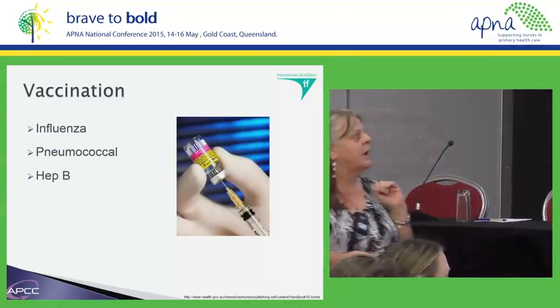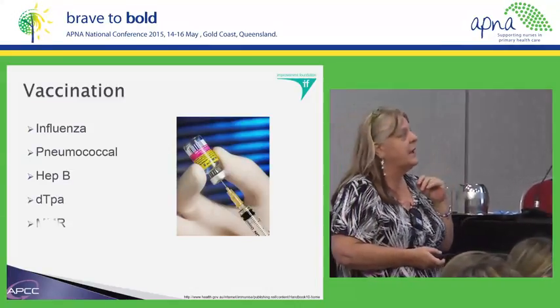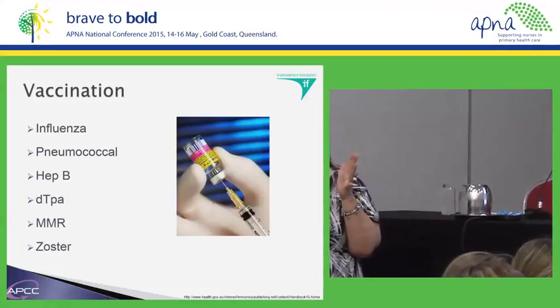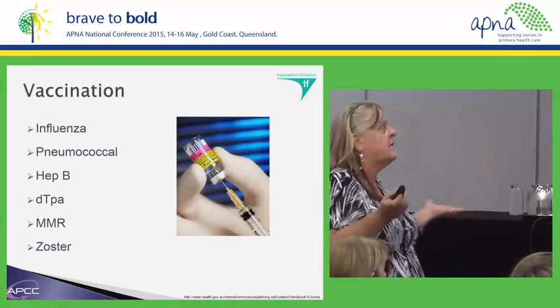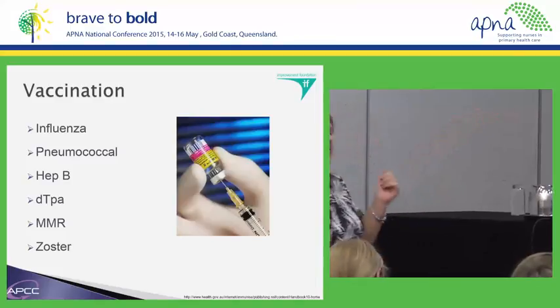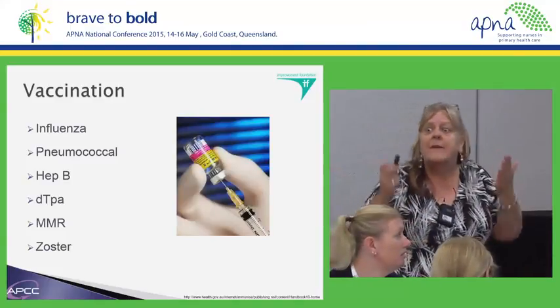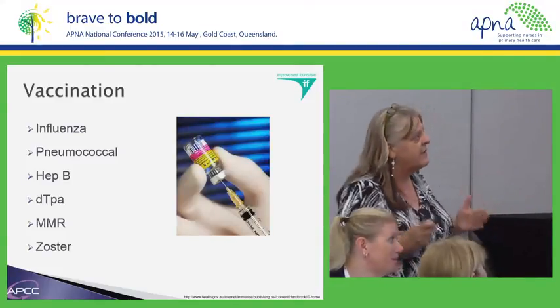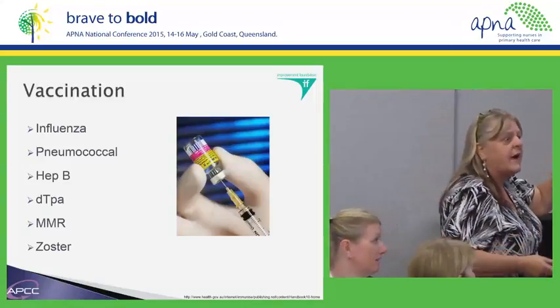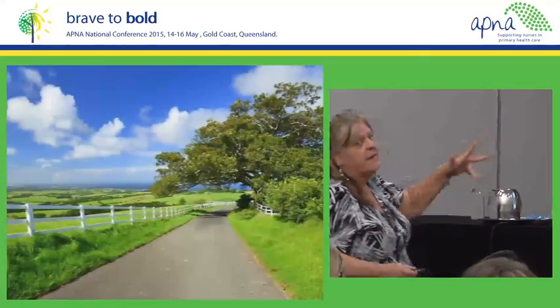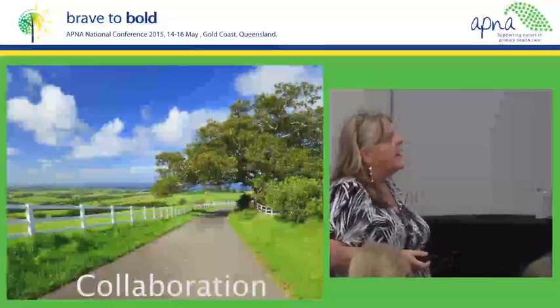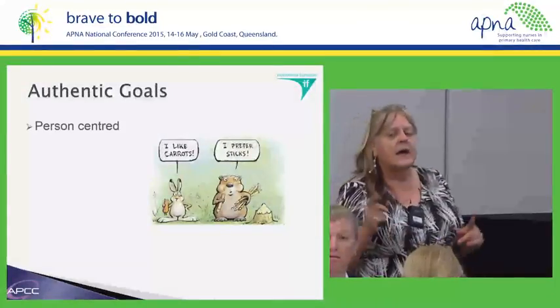I really would. So Hep B is another really important one because it's all emergency workers, it's childcare workers, it's all of that. We've talked about the DTPA and we know measles, mumps, rubella. Yep, measles, mumps, rubella, and the new zoster vaccine is now being funded for over 70. Okay, so collaboration. It is, as we said,